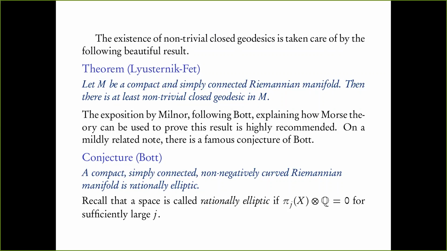So if you want an example of rational elliptic spaces, S2 is rational elliptic, for example, okay? All the spheres are rational elliptic, but there are plenty of 4 manifolds which are not rational elliptic. So anyway, if you want, we can talk about this after the talk ends, but it's going to be a digression if I say more, and this is just the tip of the iceberg. If you want to look it up, look up any text on rational homotopy theory. So that's what this conjecture says, and this is still open in its generality as of now.